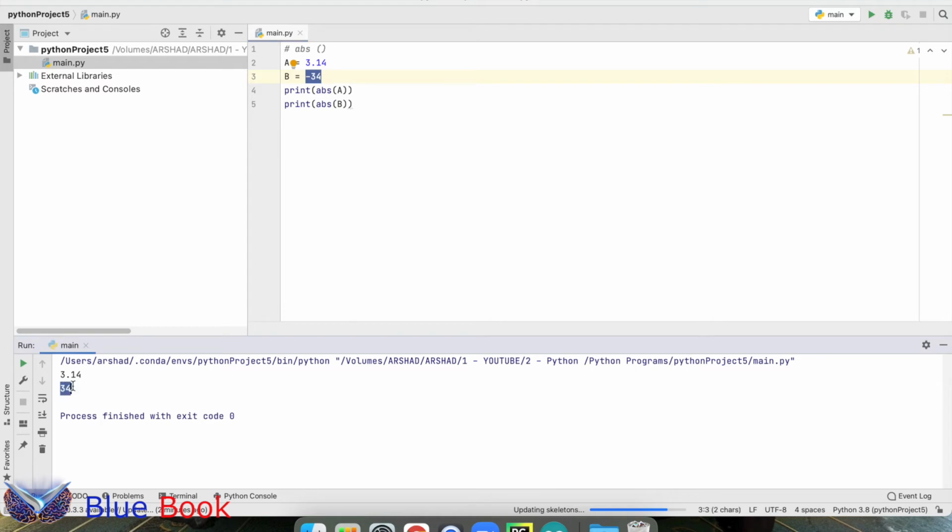Now let's come to the next topic, power function. The power function method takes two arguments to find the value, like five square. The power method is written as